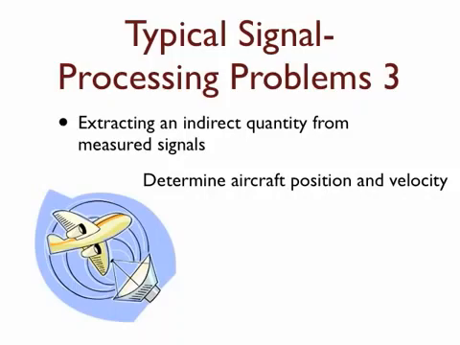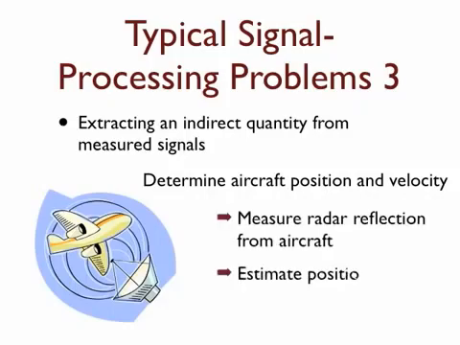Now, that reflected signal in itself is not all that interesting, but the information that it contains is what we're after. Because the position, or at least in this simple example, the distance of the airplane, is governed by the time delay that it took for that pulse to travel from the radar to the airplane and back. Knowing the speed of light, we can figure out how far away it was once we know the time delay.